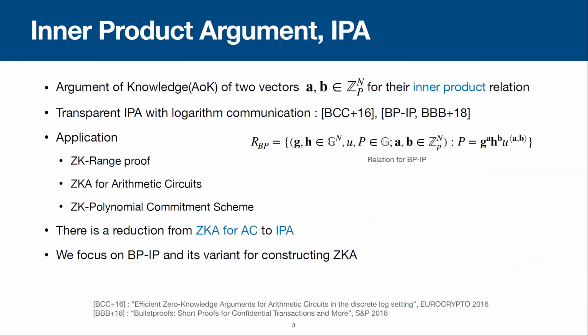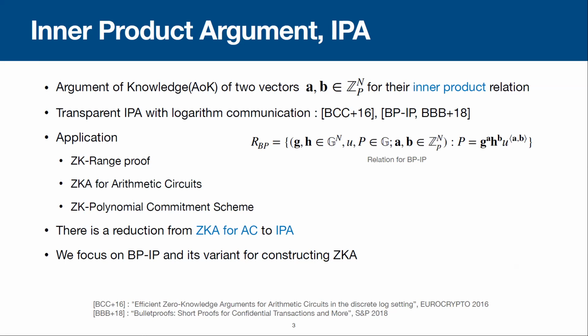And now, before introducing our contribution, I'll briefly explain the inner product argument, IPA. The inner product argument is an argument of knowledge of 2 vectors for their inner product relation. The transparent inner product argument with logarithmic communication was introduced in Eurocrypt 16, and an optimized version was introduced in S&P 18, which is known as Bulletproofs, and I will call this Bulletproofs